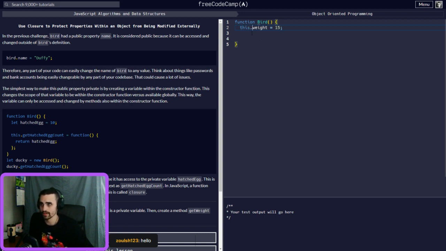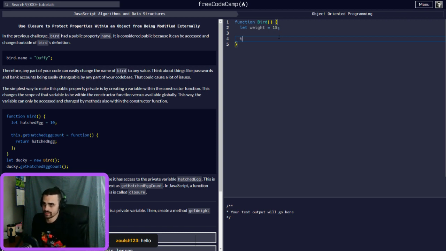Okay. So instead of this.weight, we are going to do let. So the weight is set to 15. However, we can get this by doing this. So let's do, alright, so we have the weight.